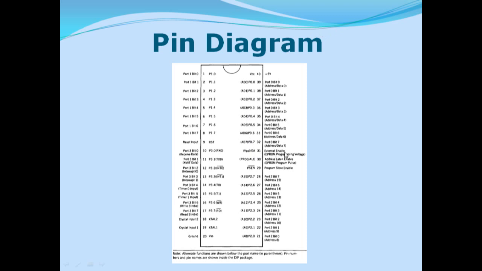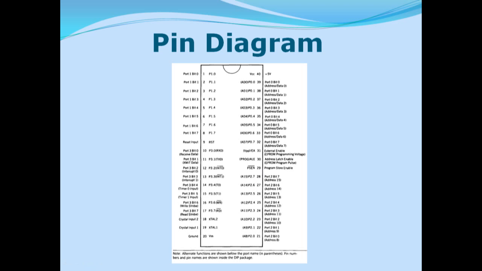So this enables or disables on-chip memory. Whenever we want to use the external memory, we are going to disable the on-chip memory. And similarly, we can enable or disable this particular memory. Then we have another pin, that is PSEN, program store enable, which is used to store the program in the